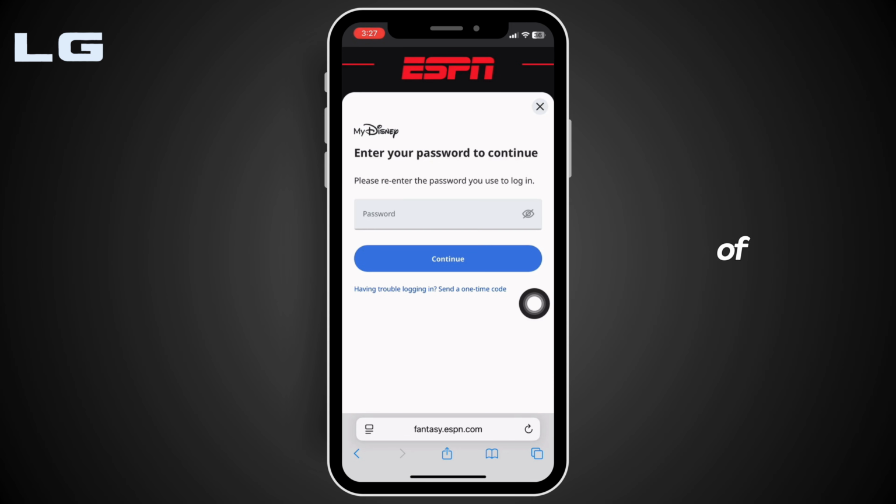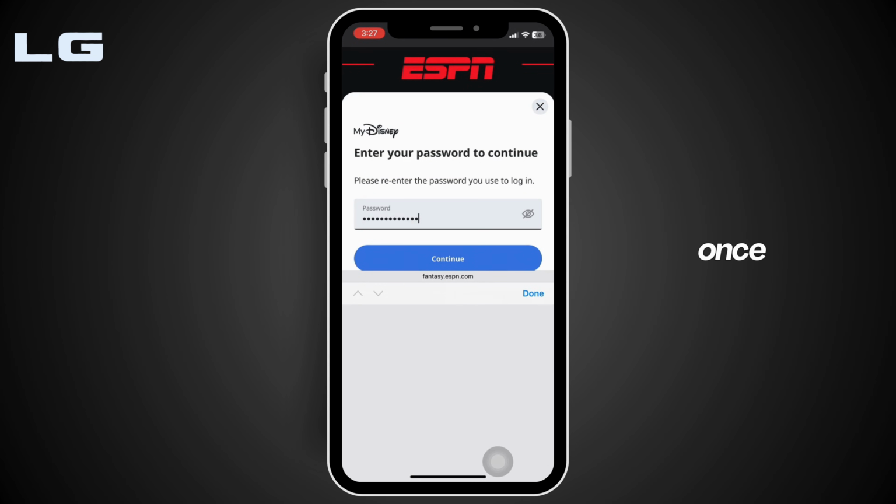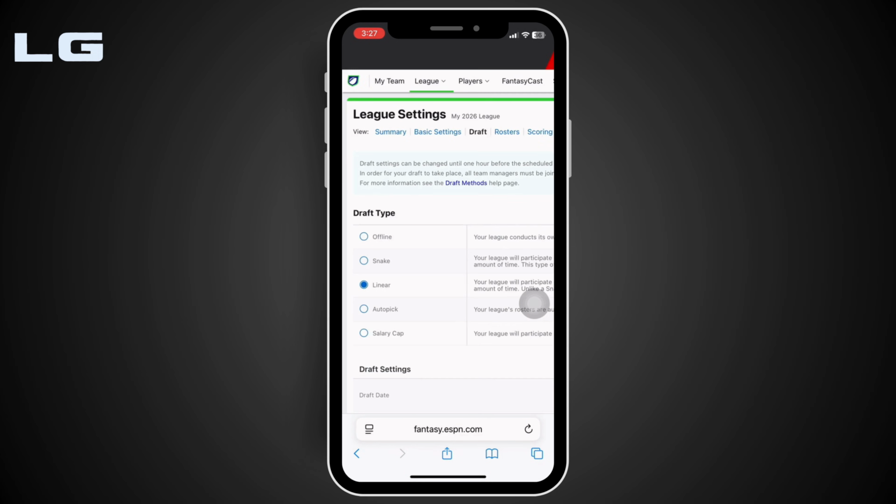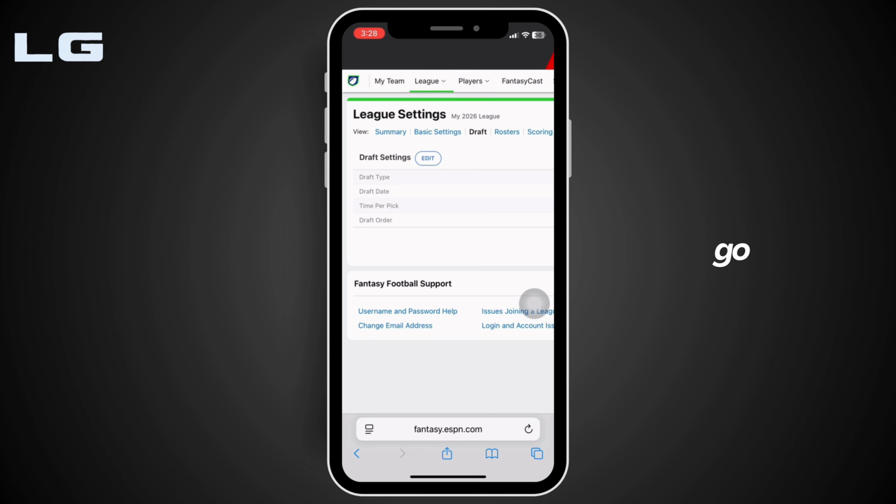Now enter the password of your account. Once you have entered, tap on Continue. And there you go, the draft has been